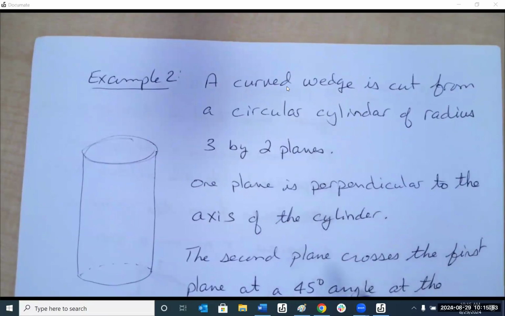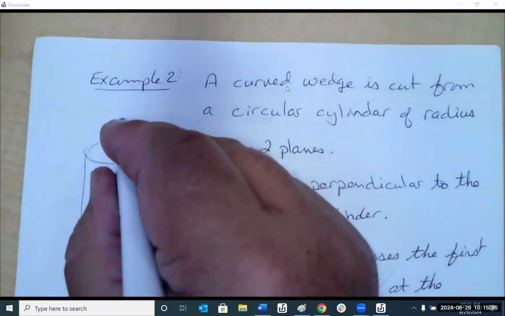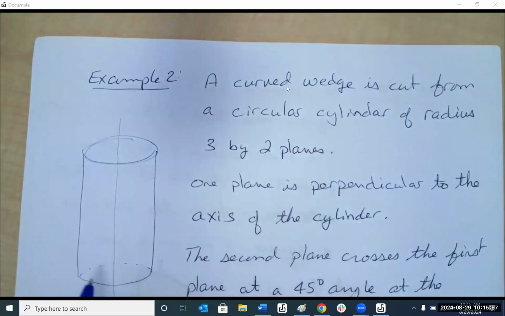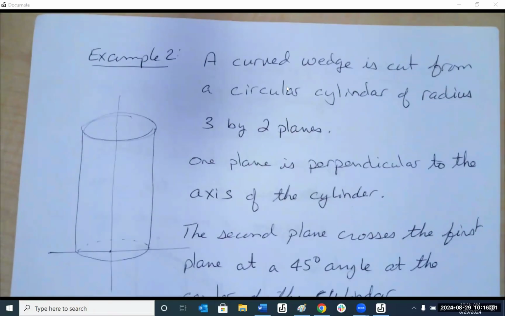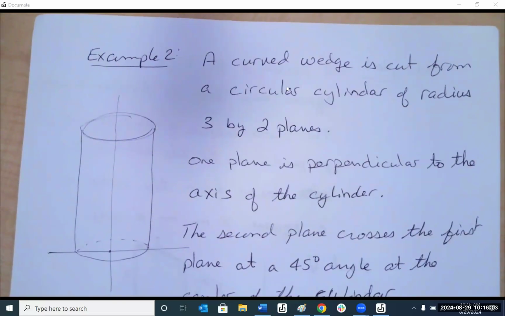It's cut by 2 planes. So one plane is perpendicular to the axis of the cylinder,